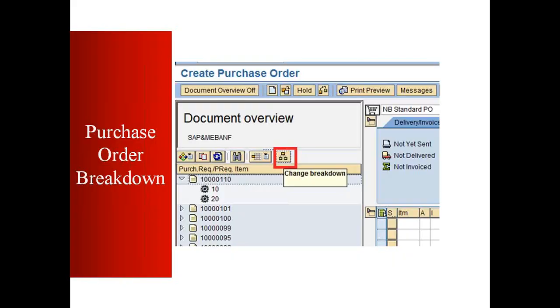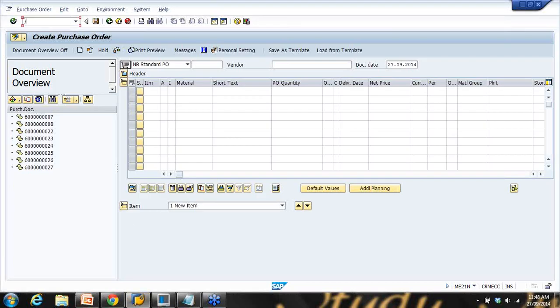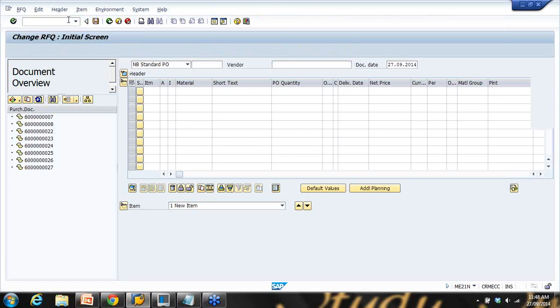Okay, so that's the end of this first part, which is request for quotation and quotation. Before you move further, I want you to do one little assignment on the server. Just follow these steps. First of all, create an RFQ for yourself using 3 different vendors. You can use the same material that I used or the same vendor, and familiarize yourself with the header and item data of the RFQ. When you create an RFQ, I go to transaction ME42,